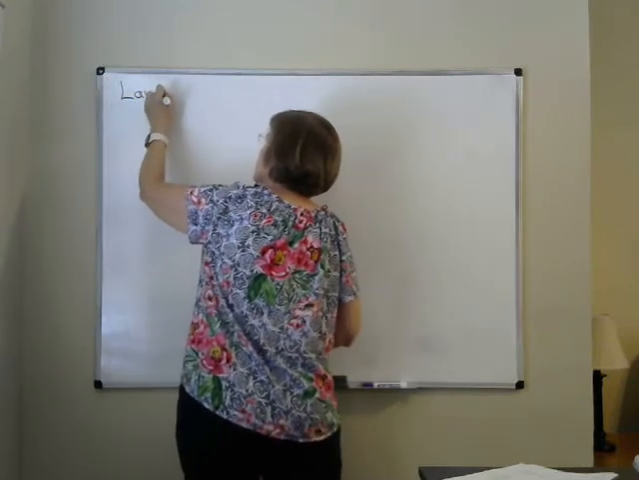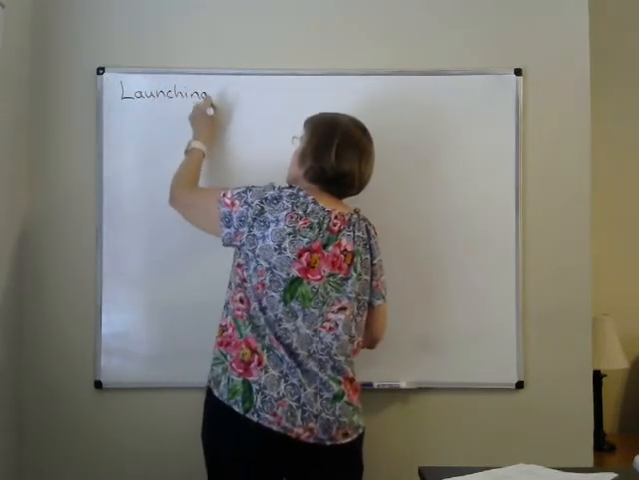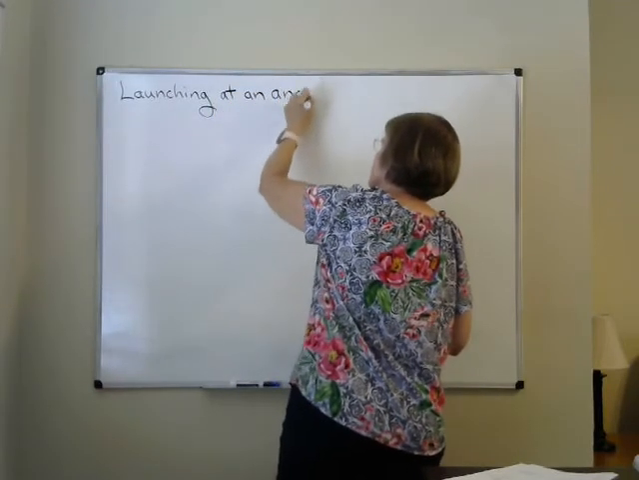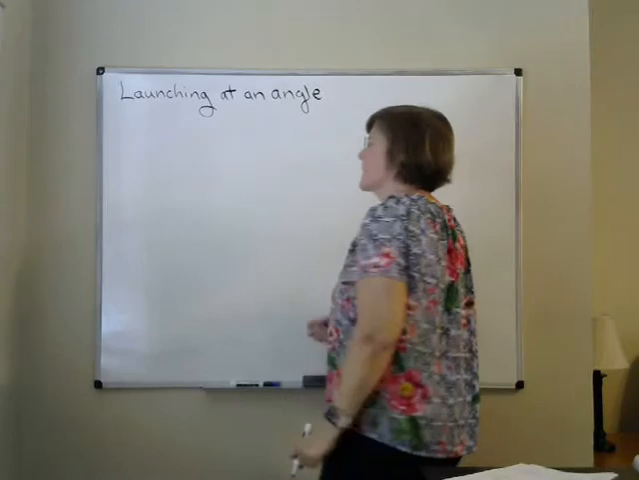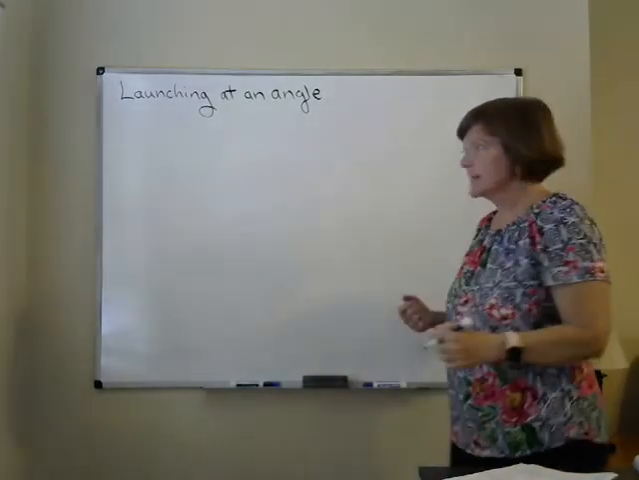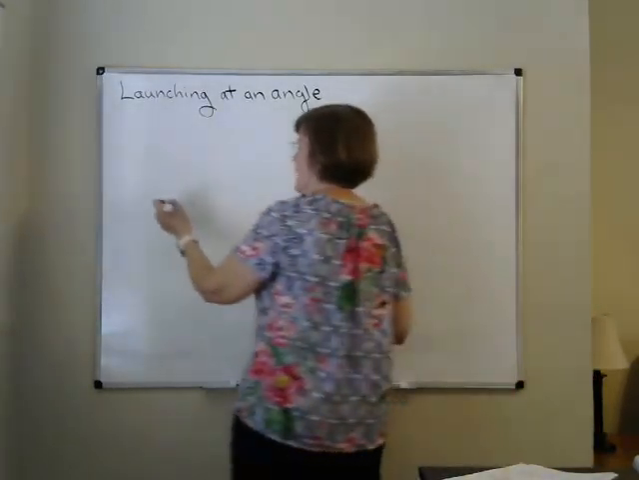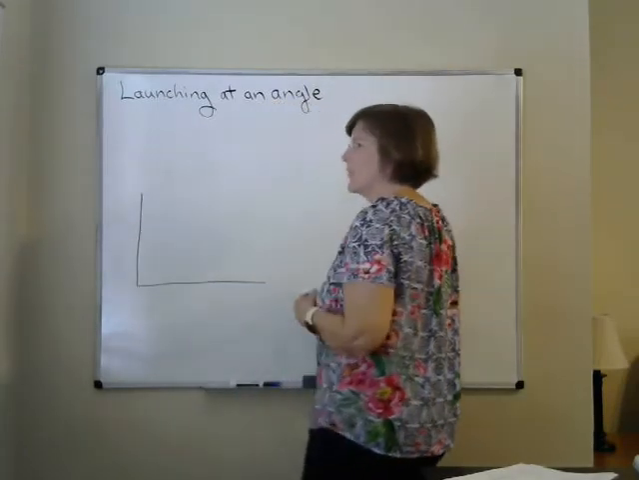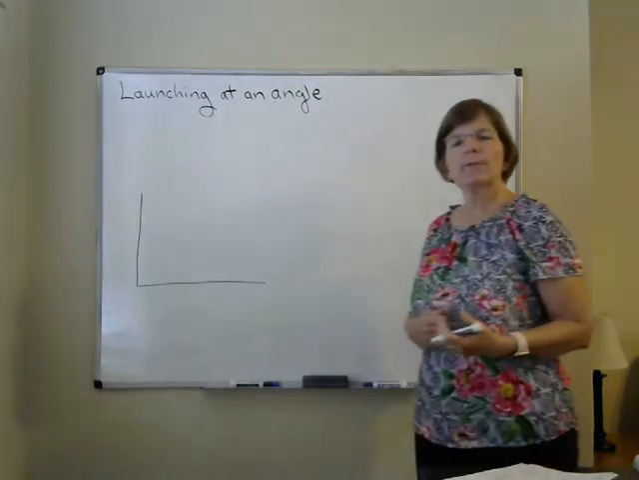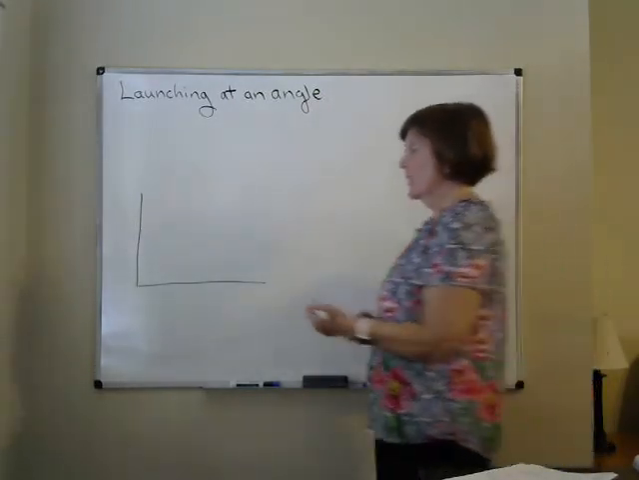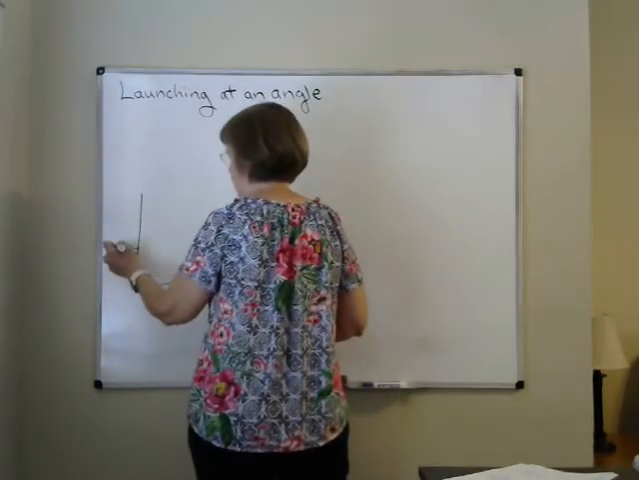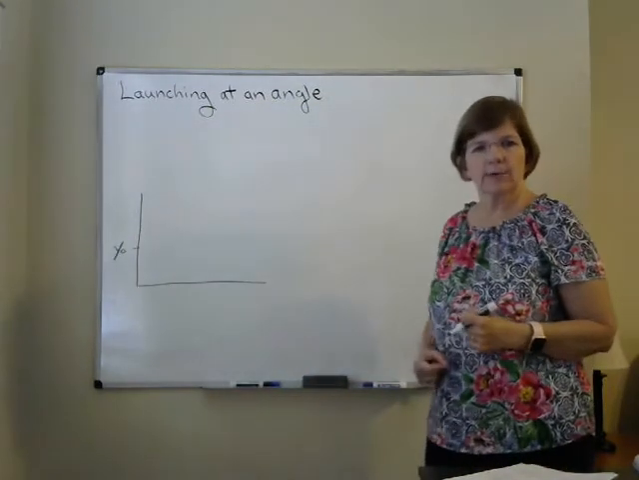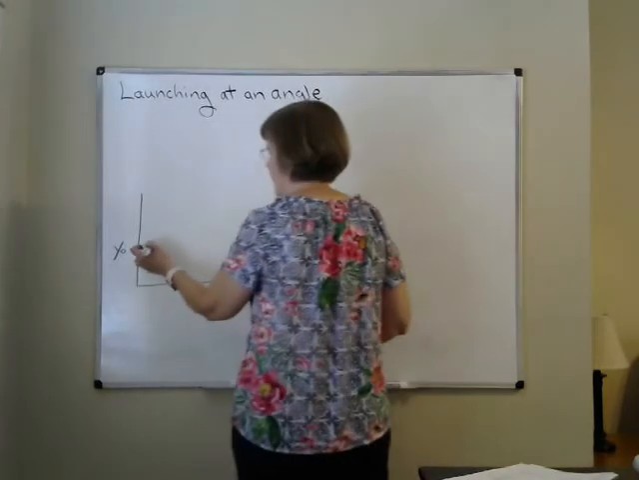Launching at an angle. Okay, what's that look like? Well, it looks something like this. It could start on the ground, but it could start on the top of a building. We really don't know. But we have some initial height. I'm going to call that y0. The height could be 0, could start on the ground. And then they launch it